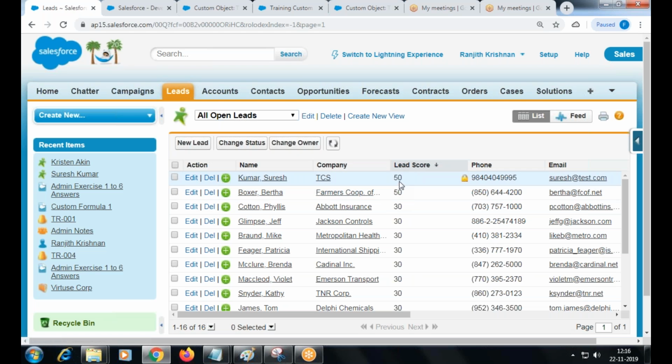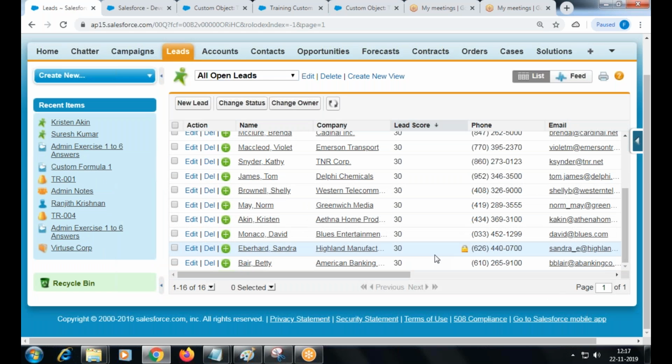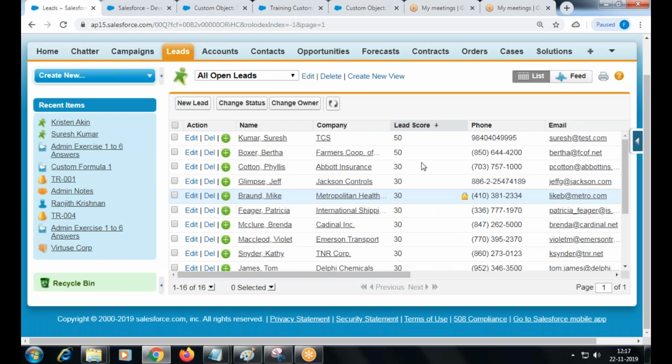For example, I would like to show it in the form of a symbol like a 5-star for all the information given. I'm going to display only 3-star here, in the form of image. So only less information is given. I'm going to give only 1-star if only phone number is given. Instead of showing the number, I would like to display it in the form of image.